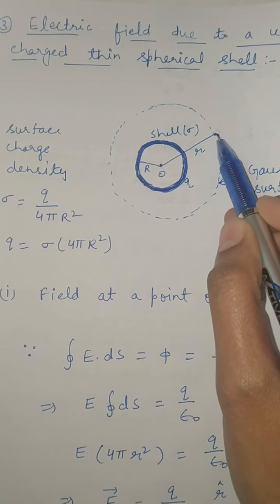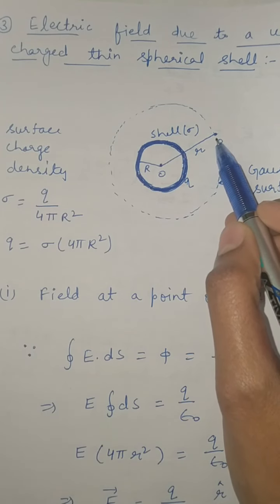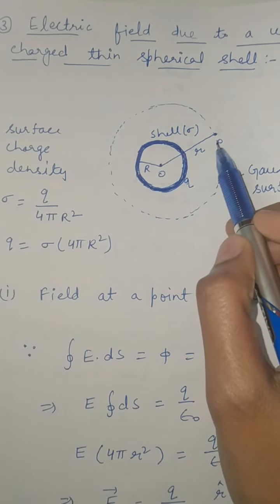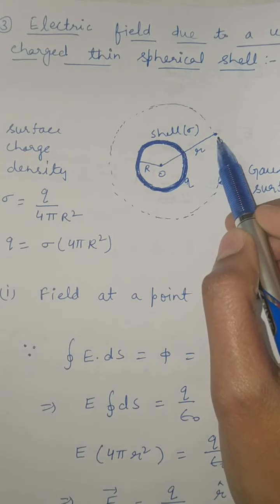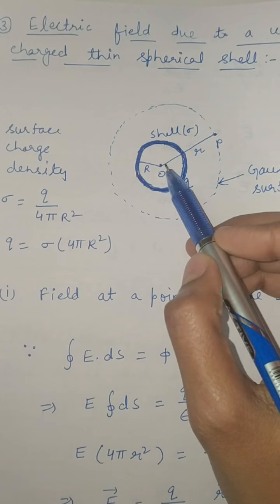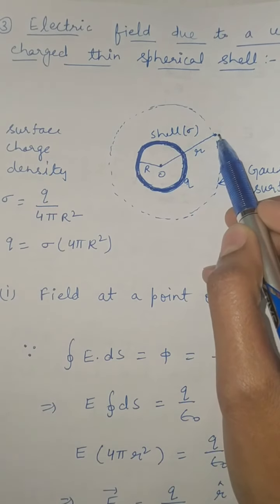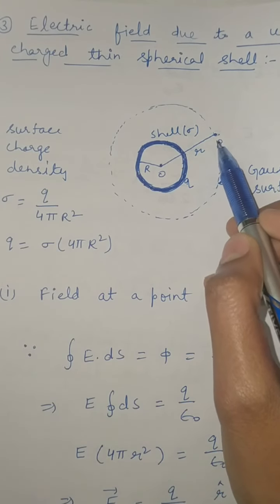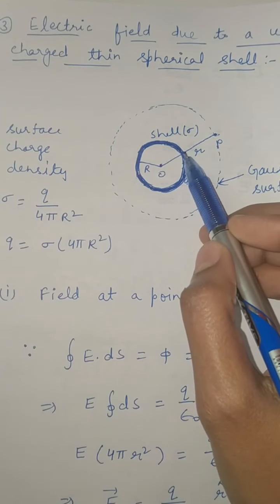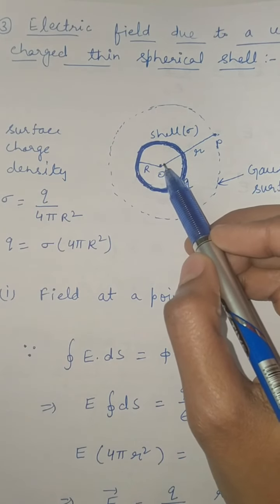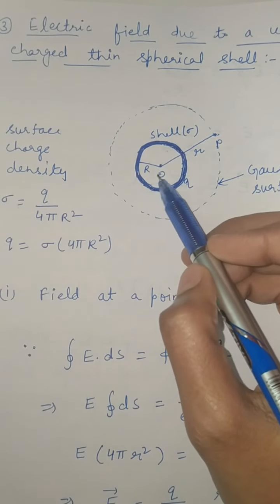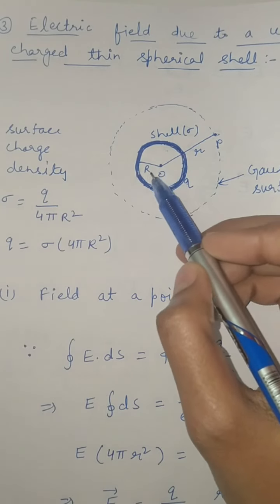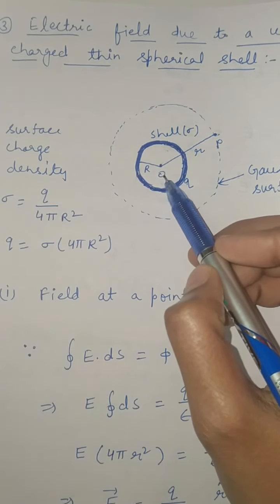So depending on the position of the point at which we are calculating the electric field, we can take three cases. First, we can select this point P at which we have to calculate the electric field intensity. We can take this point outside the spherical shell, like in this figure, where I have taken point P outside the shell. Or in the second case, we can take this observation point at the surface of the shell, and in the third case we can take this point inside the shell. In this area, at any point we can select our observation point.